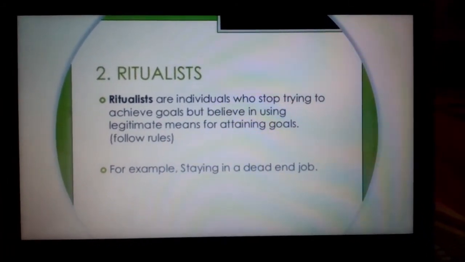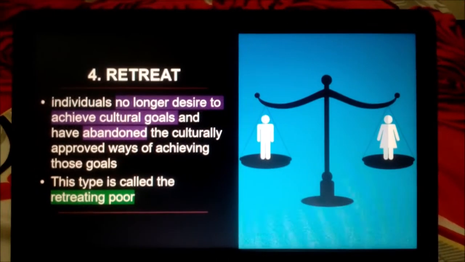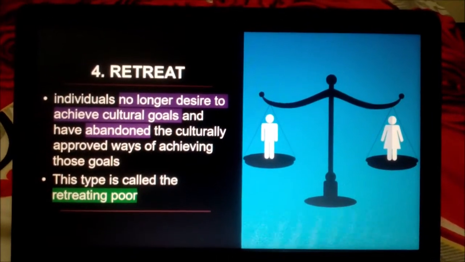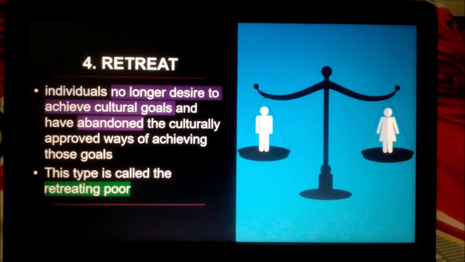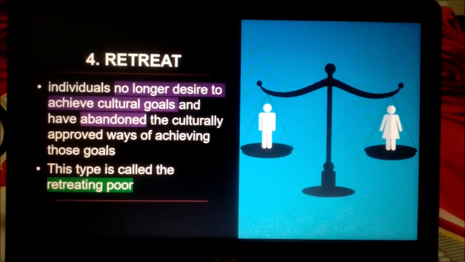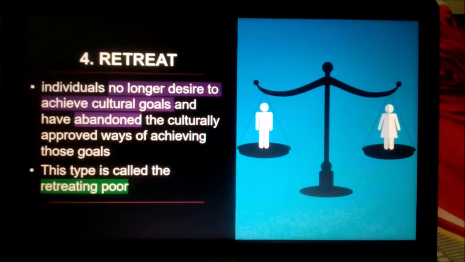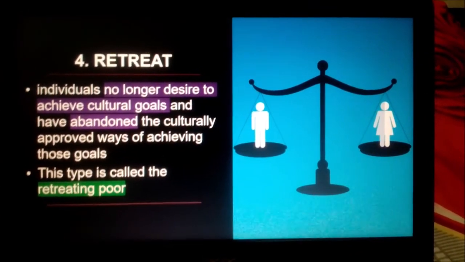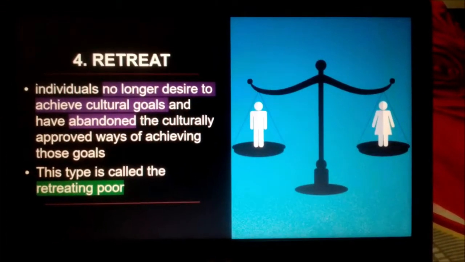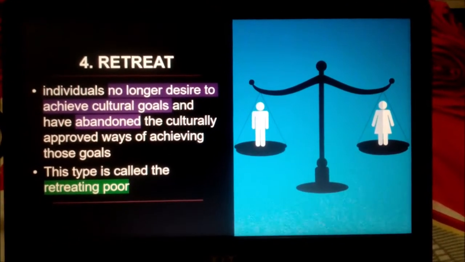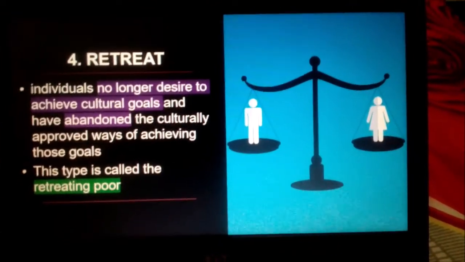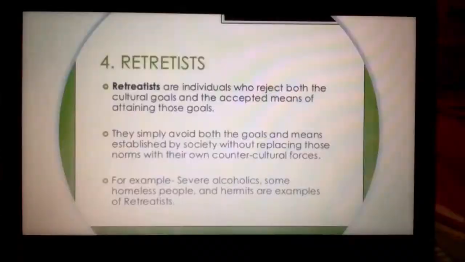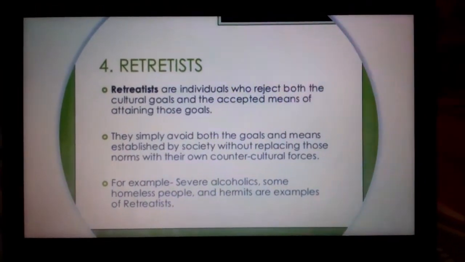So, that's ritualism. So, the fourth one, we have retreat. Retreat is individuals no longer desire to achieve cultural goals and have abandoned, diba? Take note of that, abandoned the culturally approved ways of achieving those goals. Diba sa eme pang retreat, suko na, parang ganun. So this type is called retreating poor. So retreating poor, the persons under